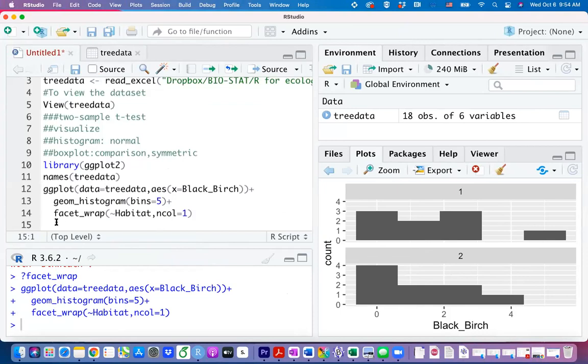And then let's check on the box plot. So you can use ggplot again. You can let the data equals tree data. And for the aesthetic information, you can specify X equals